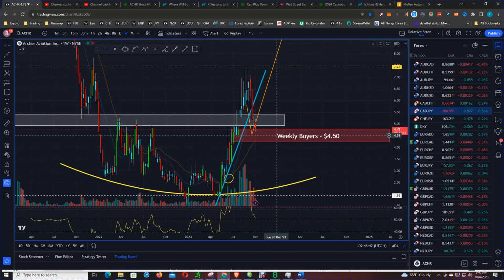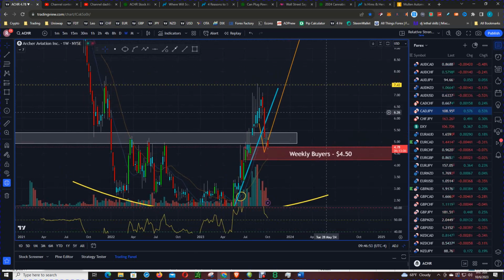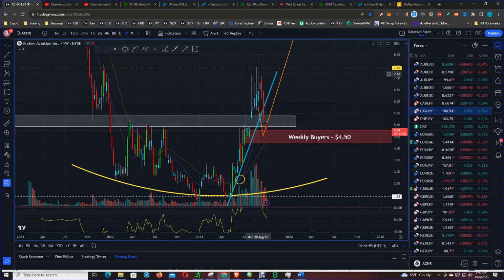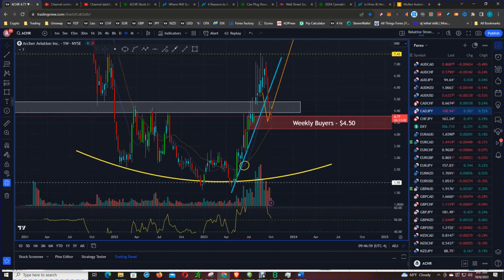So if this level doesn't hold, we can see price trickle down and retest the $3.50 area. But let's see what happens. Again, this is just the pullback. This is the impulse move higher so far,